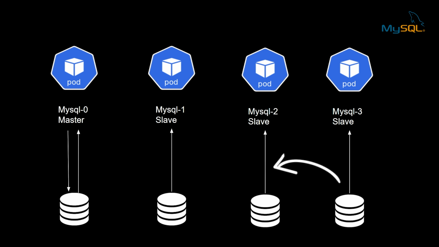And when you scale down the application, the last successful one, that is MySQL-2, will be deleted first, and then MySQL-1 will be deleted, and so on. So this will be the sequence always followed when you scale up and scale down the stateful set in the Kubernetes cluster. So with this particular characteristic, a stateful set has 2 possible ways to identify it.